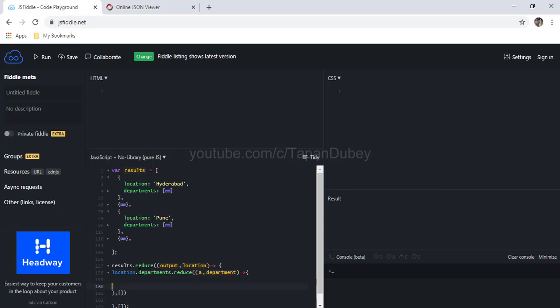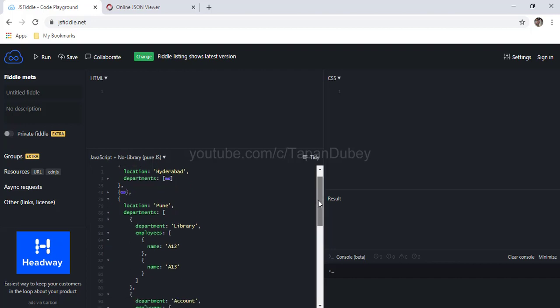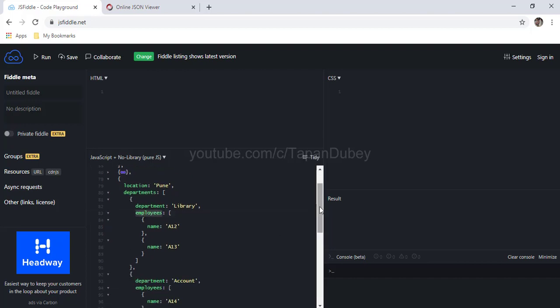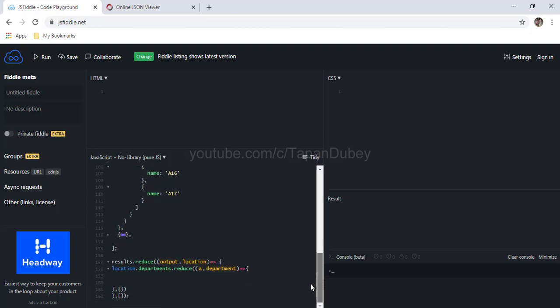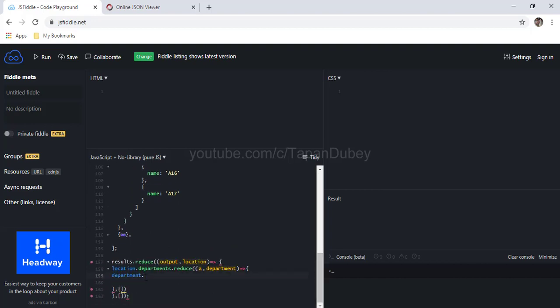Now if I will iterate with all the departments, so what I will get? I will get array of employees. So I can add reduce for my employees as well, right? So let's say department dot employees, right? So let me copy these employees, and then I can add a reduce here as well, and let's give something, maybe B, then employee,